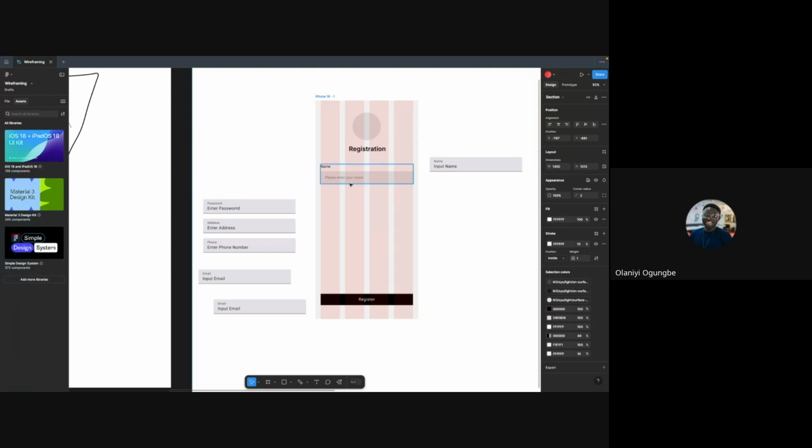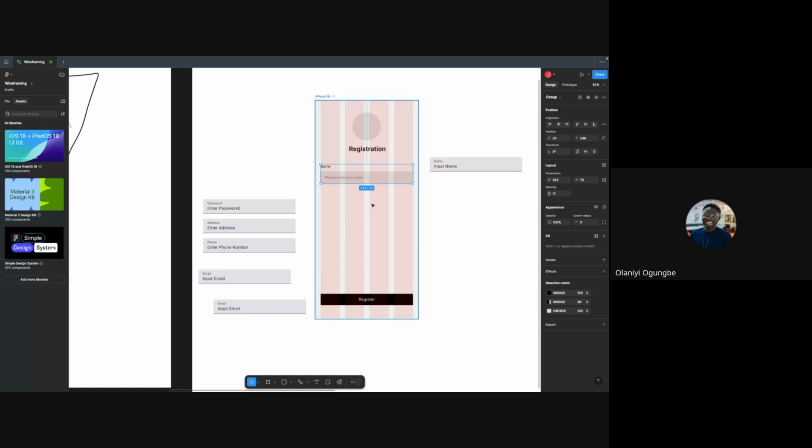So let's continue. Initially, I was using Alt as my shortcut, but now I'm just going to use the normal Control C, Control V, copy and paste. Do you guys understand what I just did? So that I don't have to recreate all of this. Someone asked about the UI kit. I'm going to explain that. Let me just finish up with this.